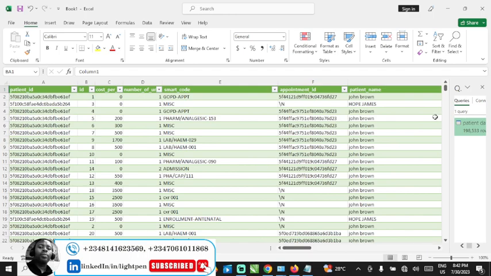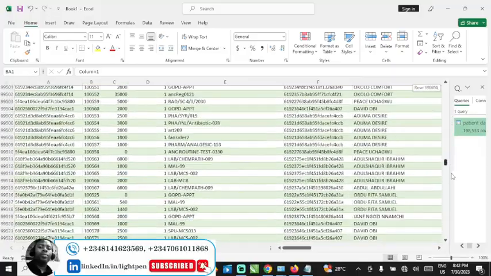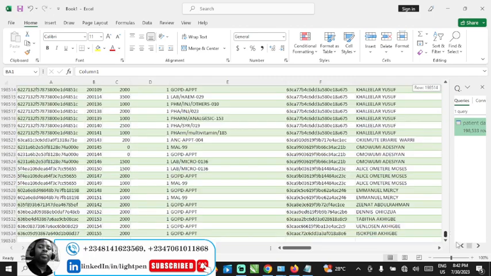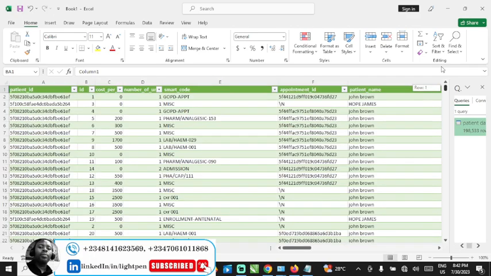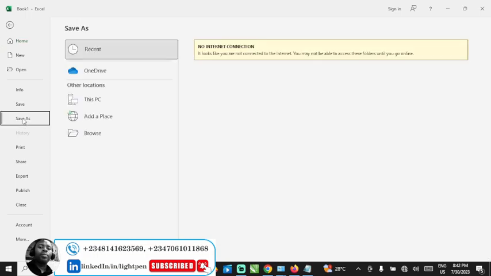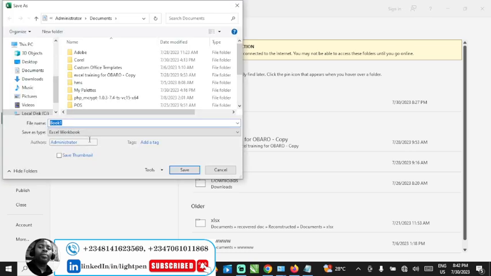Having done this, I think this brings us to the end of this activity. See, we have so many data, 198,534 rows. So now the next thing we do, how do we? We have to save our what? Our work. I click file, I go to save as, I'll click browse. It's always good and advised to save inside documents. So I can say, okay, work